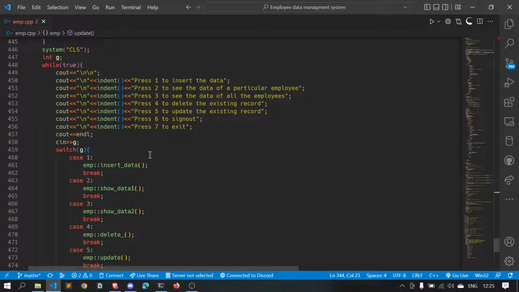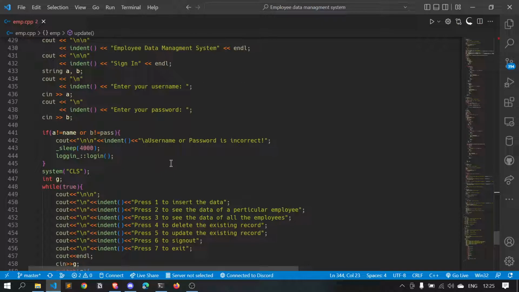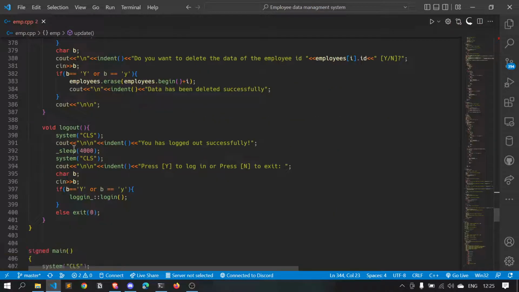Now if you have pressed 6, it will go to the logout function. What logout will do is print the message that you have logged out successfully, and the program will go to sleep for 4000 milliseconds. Then it will ask whether you want to go to the login page or exit. If you enter yes, you want to go to the login page,